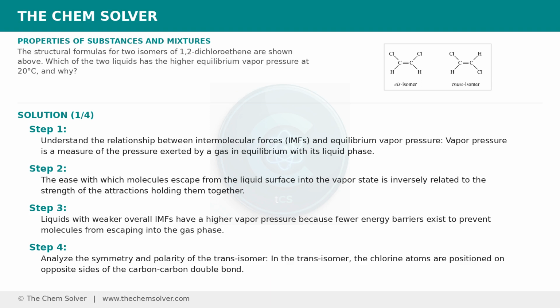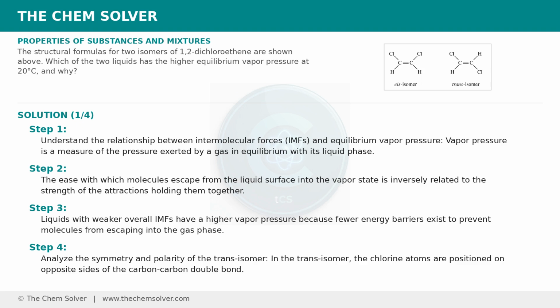Understand the relationship between intermolecular forces, IMFs, and equilibrium vapor pressure. Vapor pressure is a measure of the pressure exerted by a gas in equilibrium with its liquid phase. The ease with which molecules escape from the liquid surface into the vapor state is inversely related to the strength of the attractions holding them together. Liquids with weaker overall IMFs have a higher vapor pressure because fewer energy barriers exist to prevent molecules from escaping